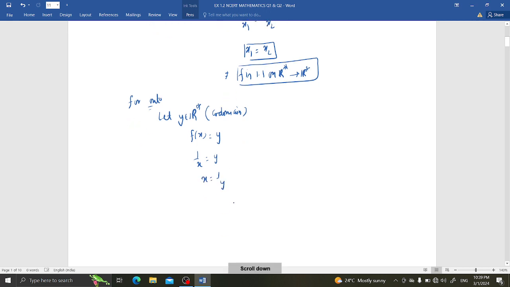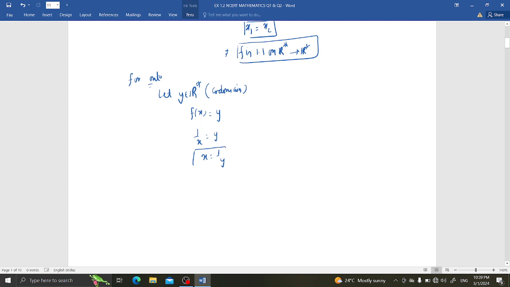It implies that for every y belonging to R star in the codomain,